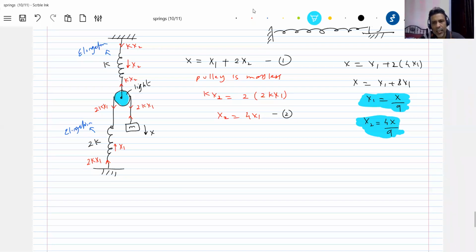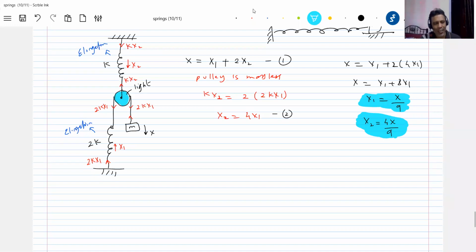What is the elongation in each spring? This is the basic idea about how to calculate the elongation in each spring. So what was the question I asked? Can we replace them by one equivalent spring? Yes, we can do it, but we have to take help of the SHM condition, so it is not advisable to teach that topic now.